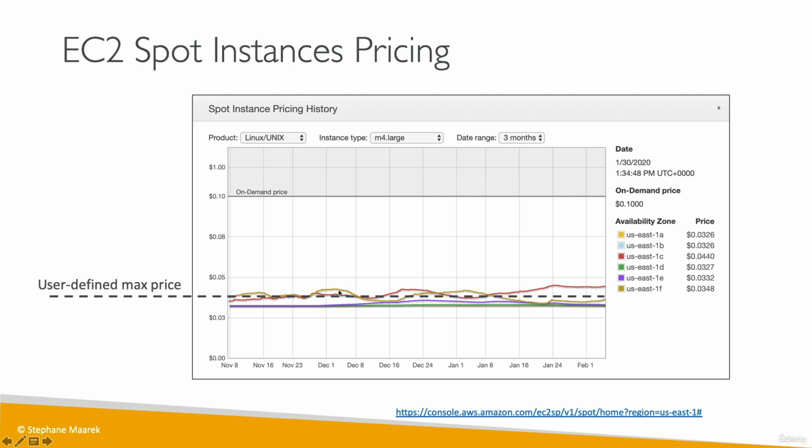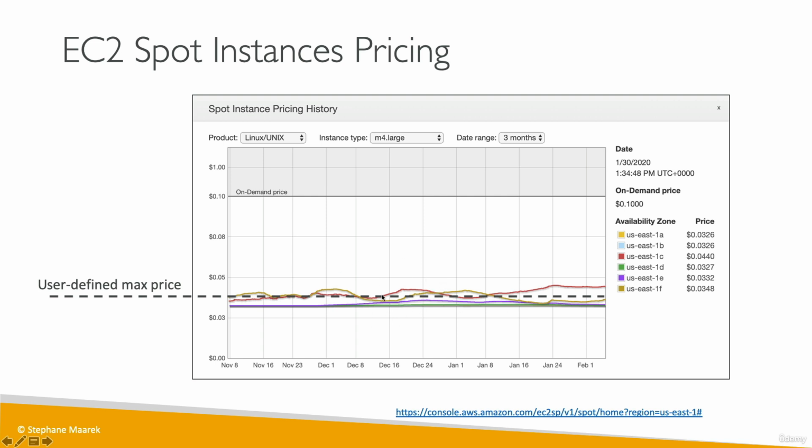So we have to terminate it or stop it. But if the price goes down, so if the yellow line goes below our dotted line, that means that we are willing to pay that price, and so we are gaining that spot instance in the meantime. So this is how we can optimize the cost of our workload very easily. And so as you can see, the on-demand price is $0.10 per hour, so that's really, really cheap. And then the spot instance price is even cheaper. It's around 0.4, I would say, so it's a 60% saving in that instance for the spot instance pricing,